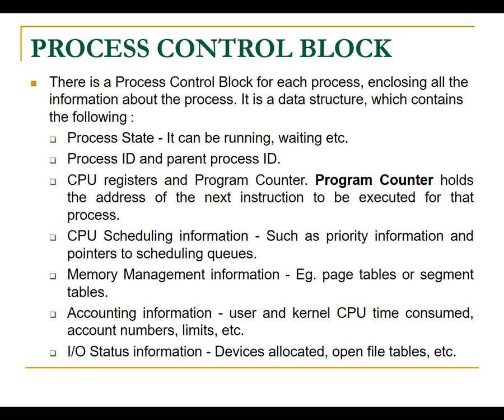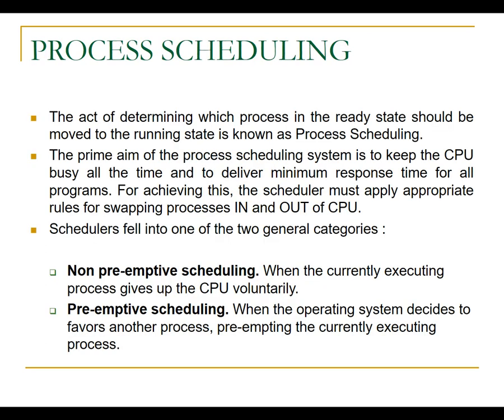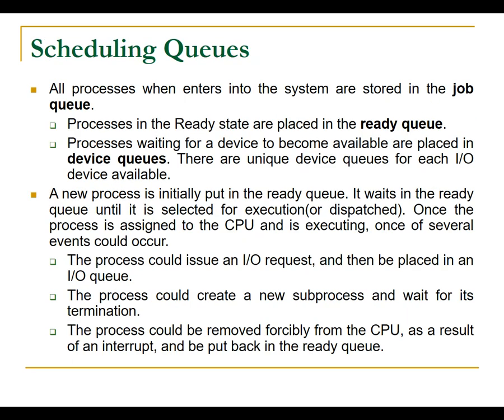Now during this execution, it counts the number of processes which have been passed from ready state to running state, just to indicate to the central processing unit that this many processes are still in the queue to get executed in future. Now process scheduling is of two types, preemptive and non-preemptive, that is planned and unplanned. Generally the operating system goes for planned scheduling, but unplanned scheduling can also be done by the CPU if the number of processes is very small and the priority of the processes is very low.